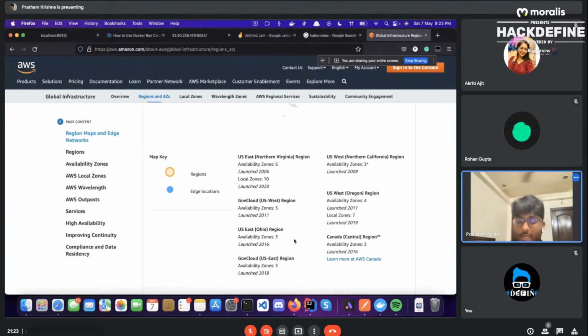There's Oregon. So every region has multiple availability zones. Availability zones are smaller regions where exactly your server is located, right? So US East has 6 availability zones. Ohio has 3, Northern California has 3 as of now, and Oregon has 4.